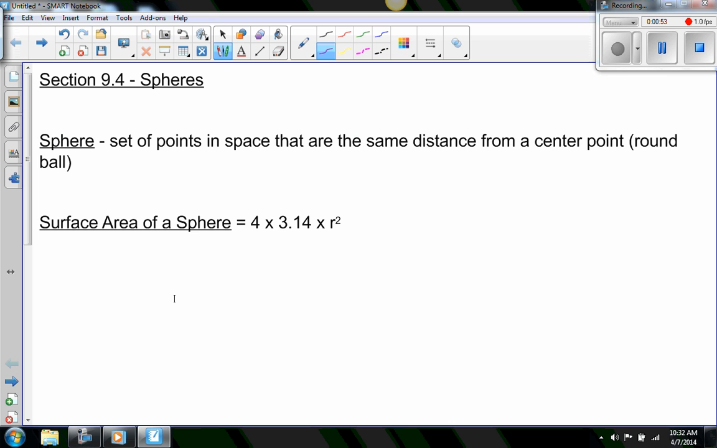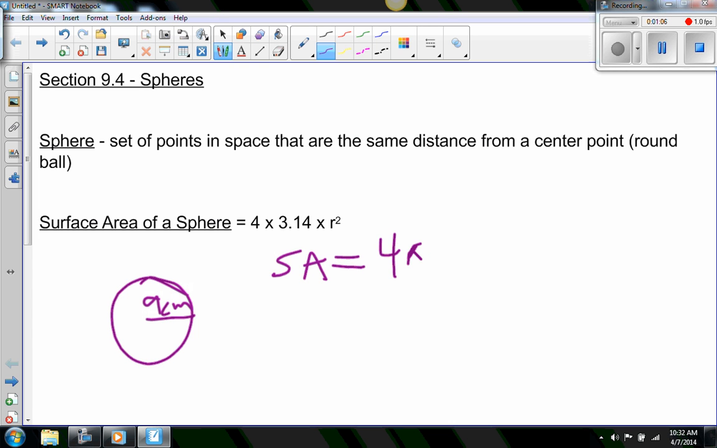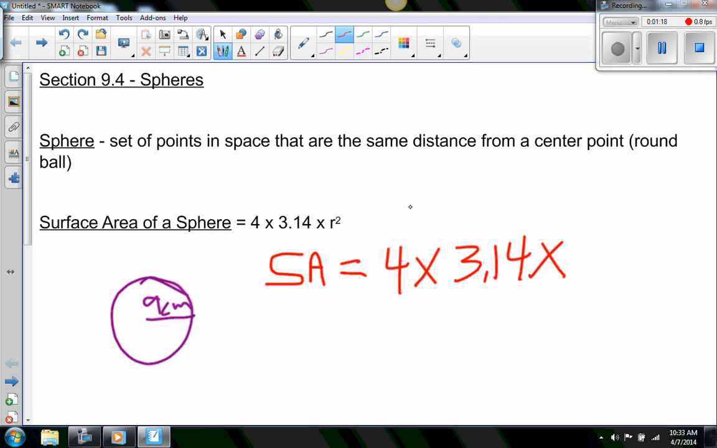So let's say I have a sphere here, and the radius is 9 centimeters. I'm going to start by writing out the formula like we've been taught. Surface area of a sphere, we're going to do 4 times 3.14 times my radius squared. Plugging in my numbers, so 9 squared. And again, if you remember the order of operations, this 9 squared has to come first, 9 times 9. So I have 4 times 3.14